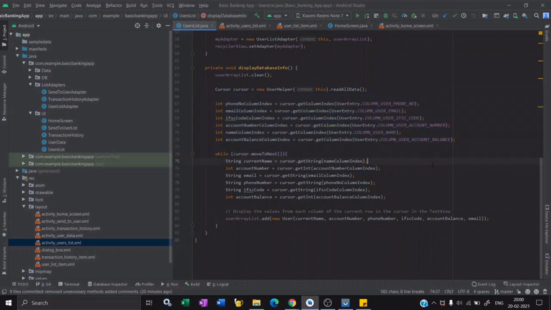fetching the data from the database, and this is a good practice, to choose constants here. I am storing all the indexes of the values in variables. You can also do something like, in place of this, write an integer constant, but that is not preferable because now you have to remember what column represents what. So instead of this you can use these variables.